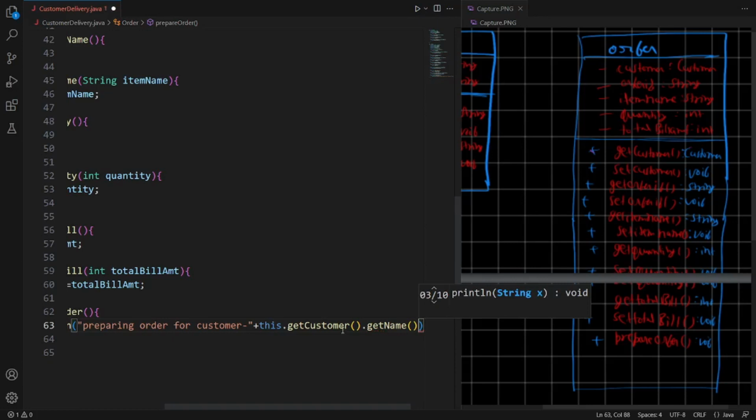So what this will do, eventually it will call for your get customer method which is